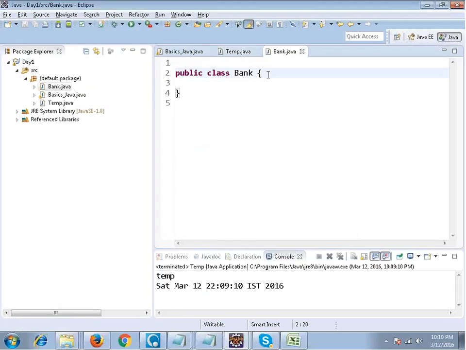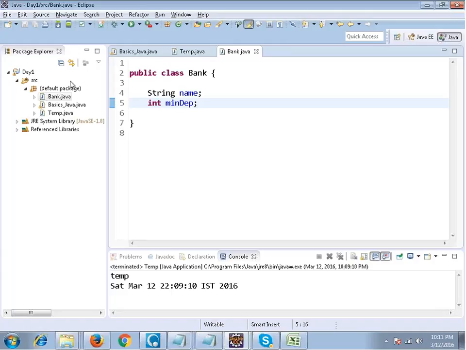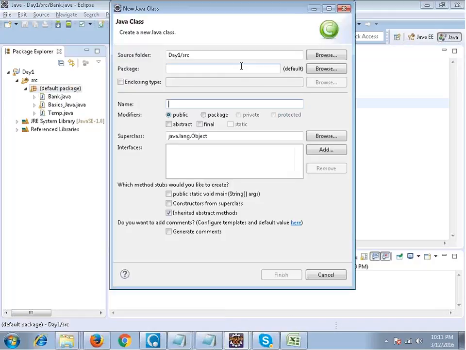So I'm teaching you the concepts of object-oriented programming. Now, what is the feature of a bank? You can write something like name of the bank. Then int minimum deposit, the minimum currency deposit which you should have in your bank. Just taking a generic example. Now if I create a new class known as test bank,